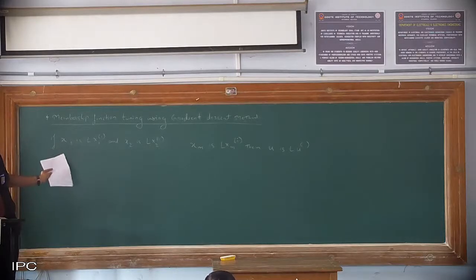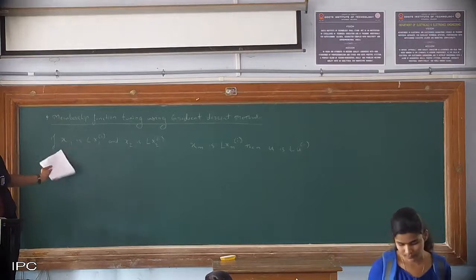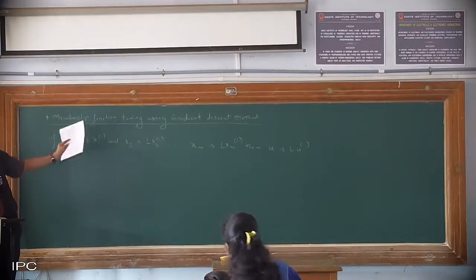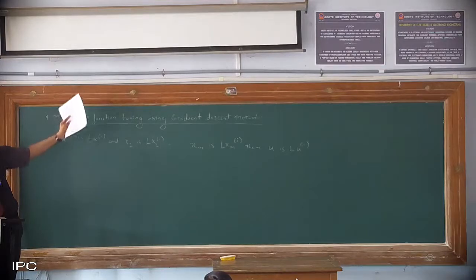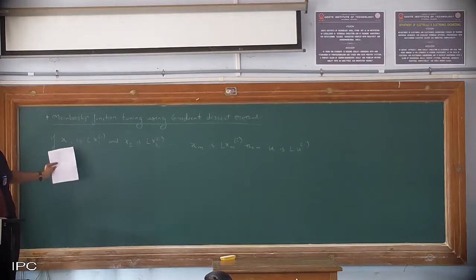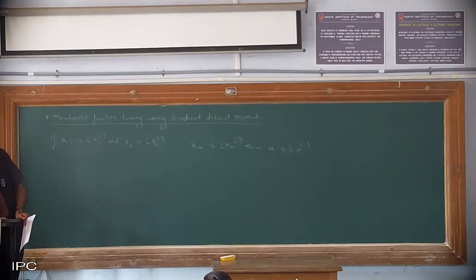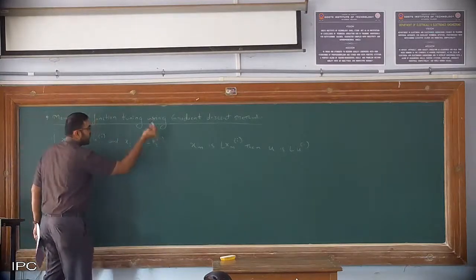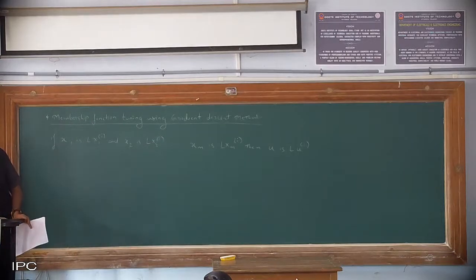So now you can see if x1 is lx1, and that is nothing but if x1 is a, x2 is b, x3 is c, so on up to a, then y is d, something like that. Okay. So what we have taken here is if x1 is lx1 and x2 is lx2, so on up to xm is lxm, then, sorry, this is not 1, this is I. In general, we'll write first iteration, I is equal to 1, second iteration I becomes 2, third iteration I becomes 3. So in that case, then u is equal to lu of I.